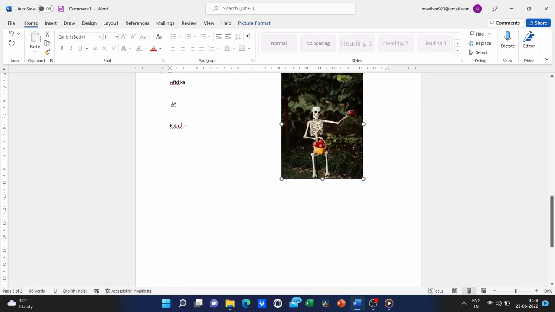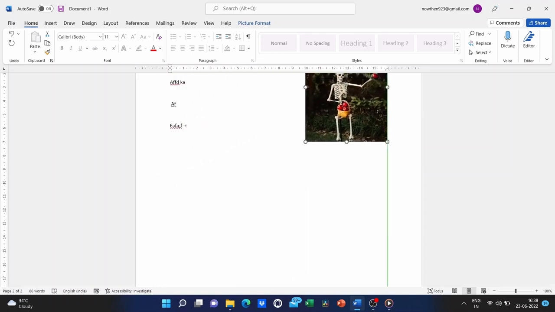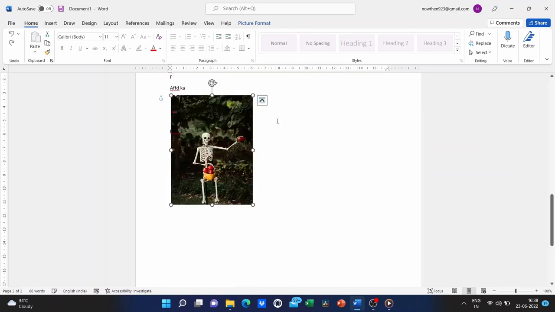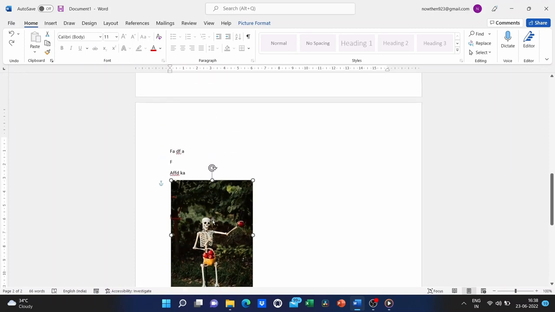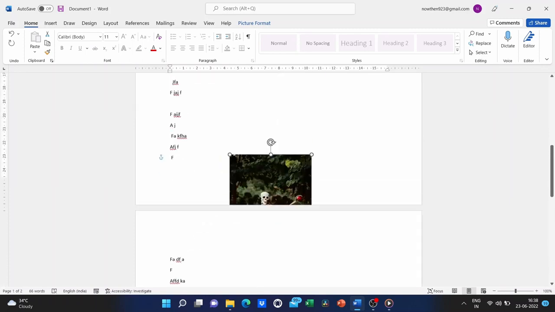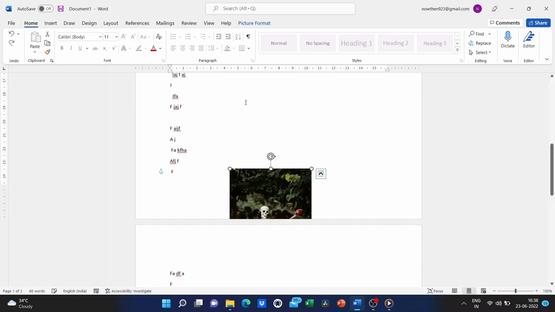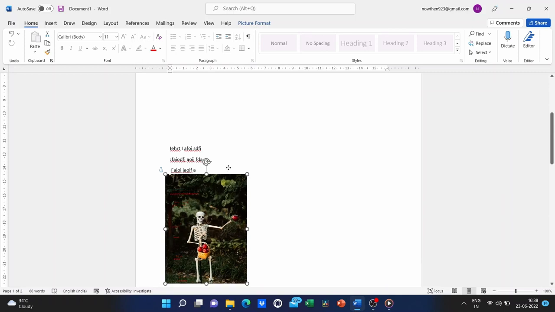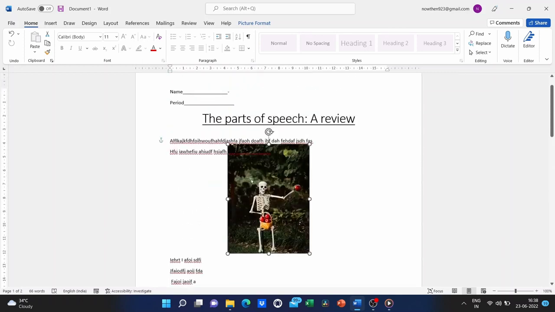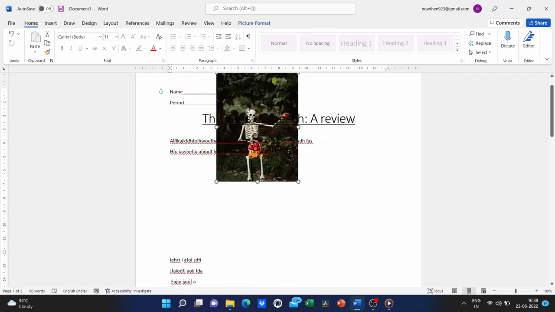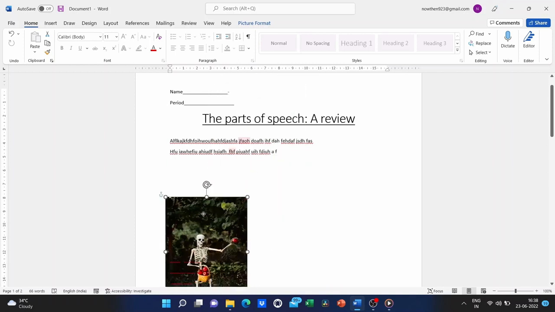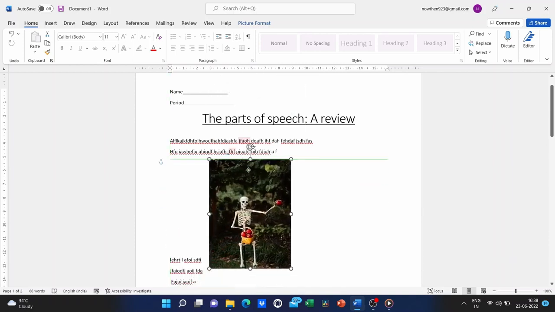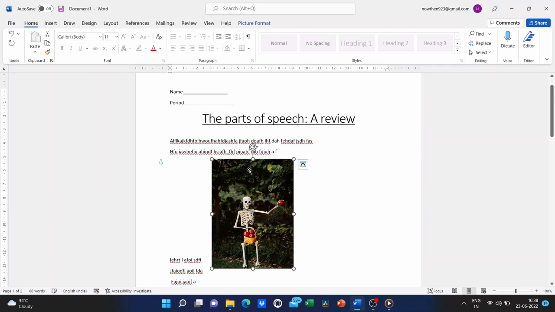Now it's moving much more freely. I was not able to do this before. I was not able to click and drag and put the picture wherever I want it to be. But just by changing the options to behind text or in front of text, now it's unlocked that photo and I can put it literally anywhere in this document that I want it to be. You could even put it up here in the header or in the footer. Well, it really doesn't matter. So that's a nice little trick that you'll want to know and be able to use in your own documents.